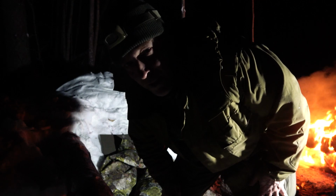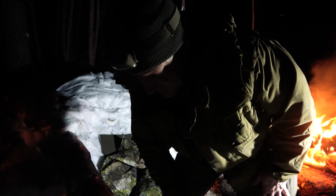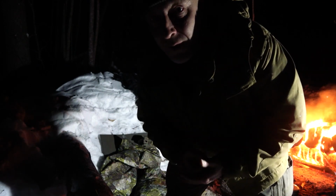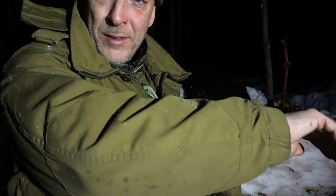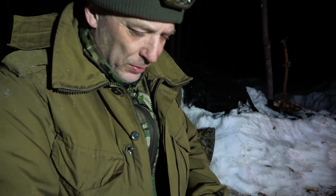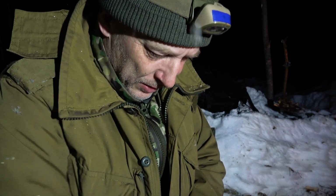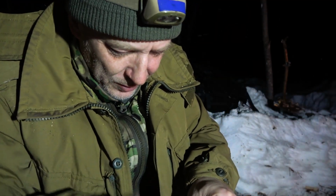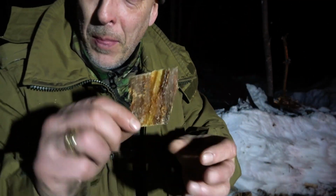I think we are going to get the boots off and sit down a little bit, and then simply take a few hours, get something to drink here, and eat a little bit of salted dried fish. A little too many snowflakes flaking around here for you guys, because you are not in an action camp. Here we have a bag with dried fish. So they come in these pieces. It's like chopped fish, and they are put in a salt brine, and after the salt brine they are dabbed with